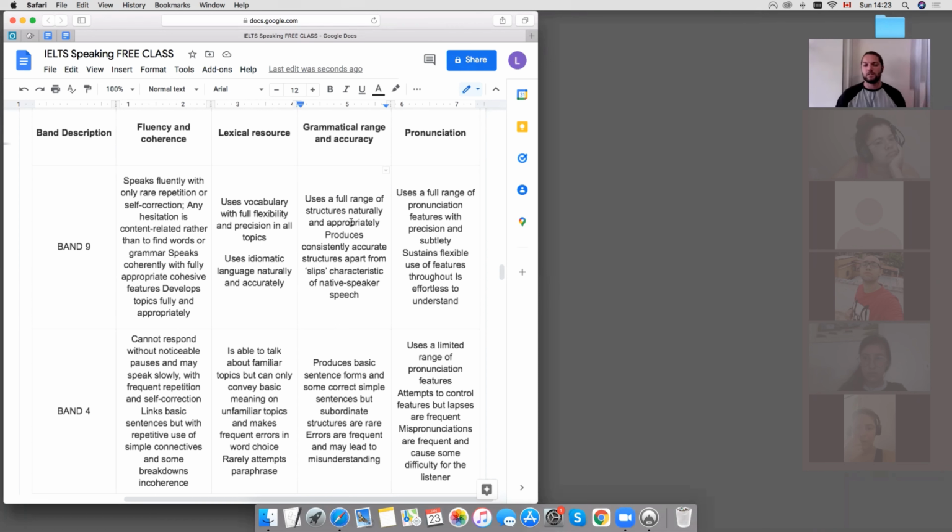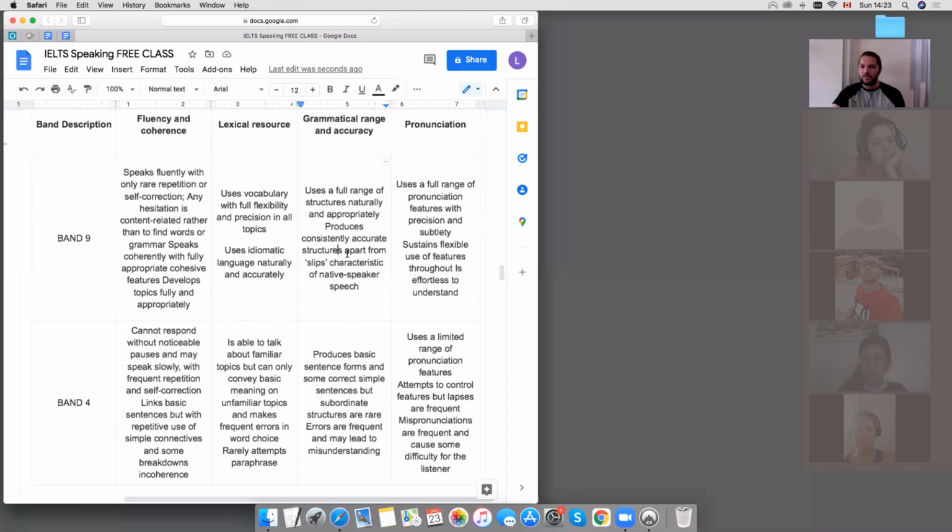That's easy to predict. Someone with a band 9, for example, Thais, she could end up in Canada absolutely with that score. It's a great score. But also someone in the caregiver program will be just fine with a band 4. That's less than 50% of this test. You cannot respond without a lot of pauses. You speak slowly.